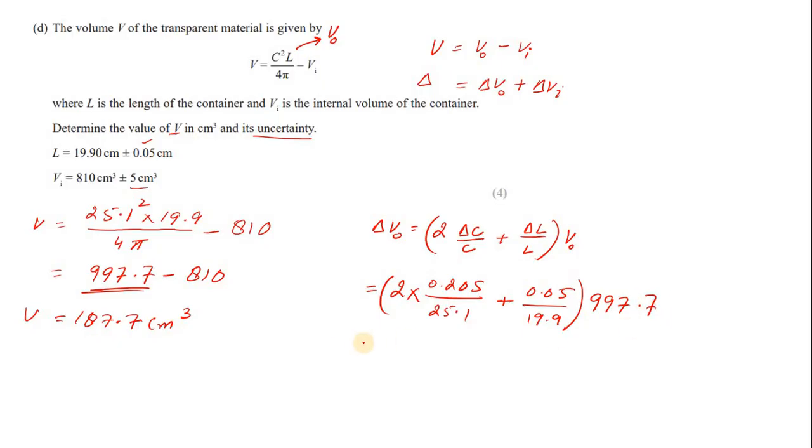Once you solve this in your calculator, delta VO would be equal to 18.8